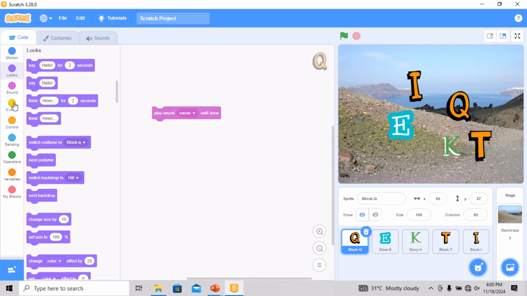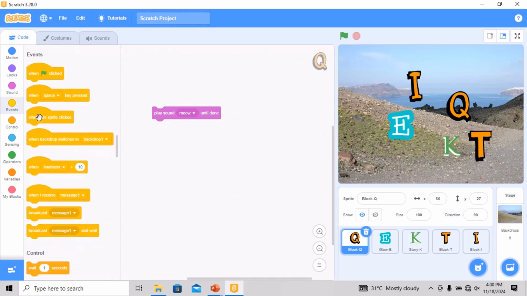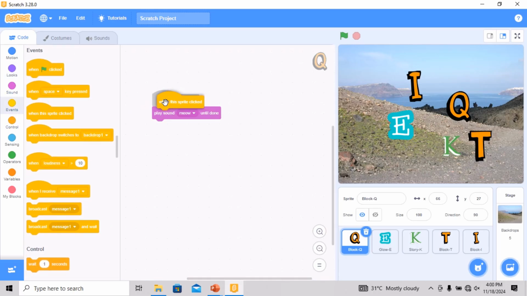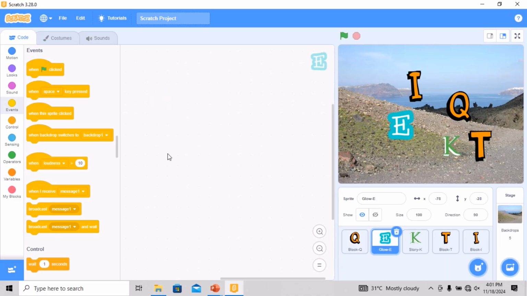It is supposed to be the event when this sprite clicked, and it has to say meow, the Q. So on E,